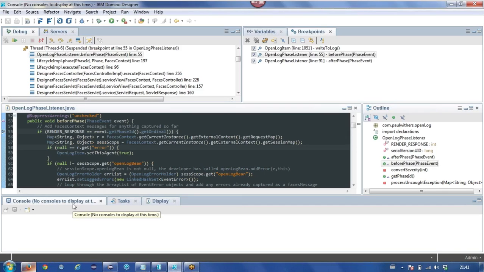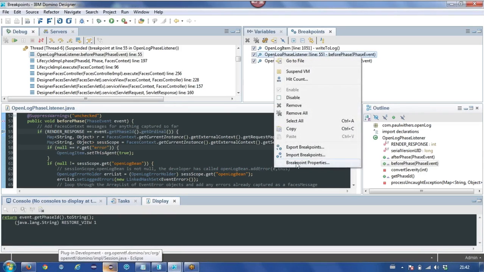Bearing in mind that this is all built upon Eclipse, and in Eclipse you often have a web server running and installed within Eclipse, I think that console area is for a web server that's part of the Eclipse client. Okay, so you don't typically use this console tab, it sounds like. Not for Domino work, no.